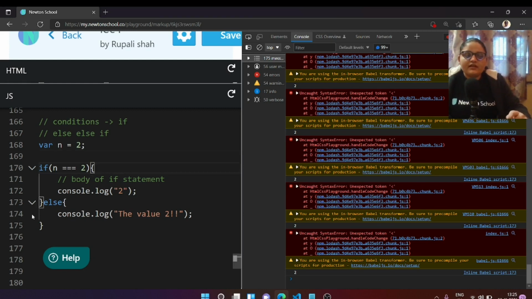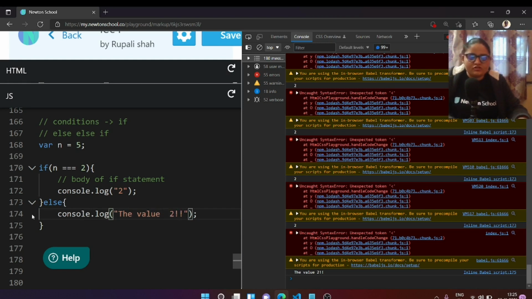Now you can see that as our condition is true, we are getting a console log of 2, but as soon as I change the value of n, you will get this statement on the console which says that the value is not 2.